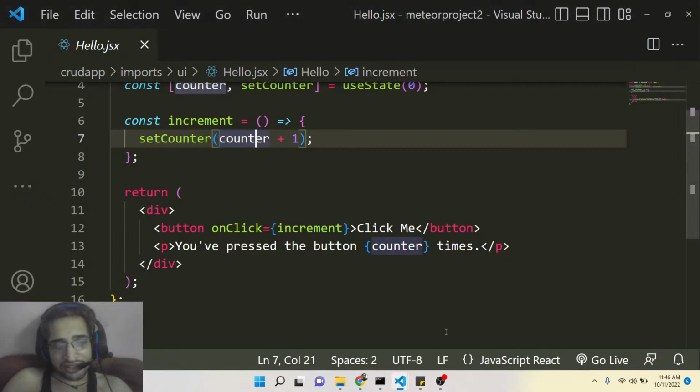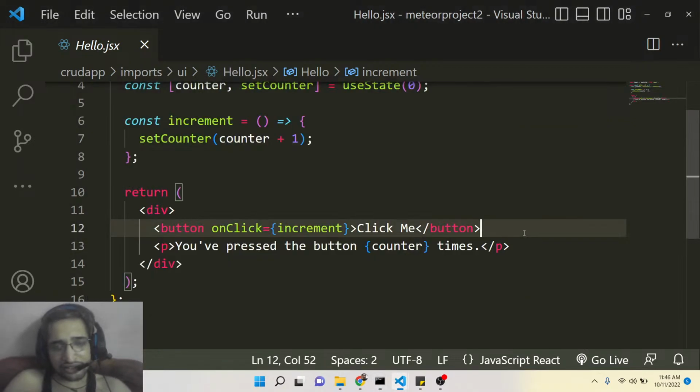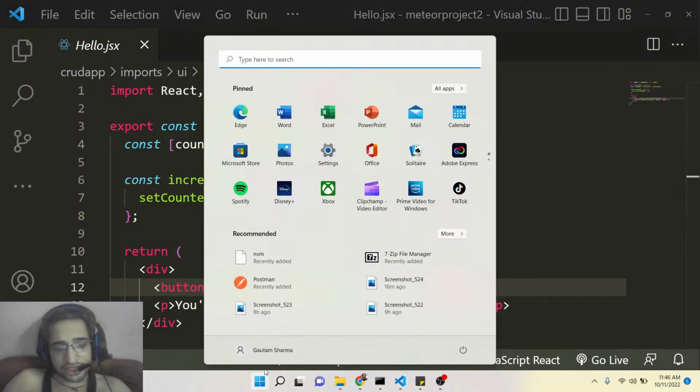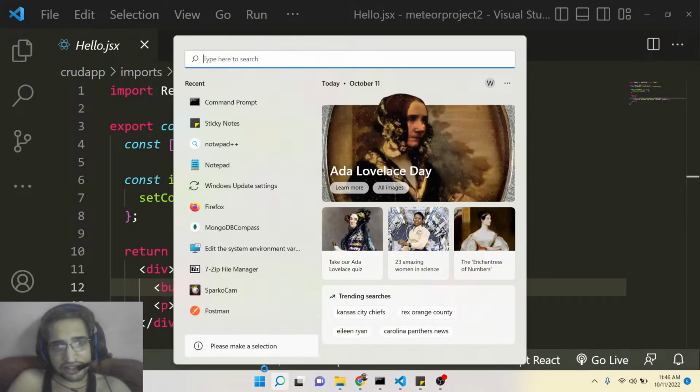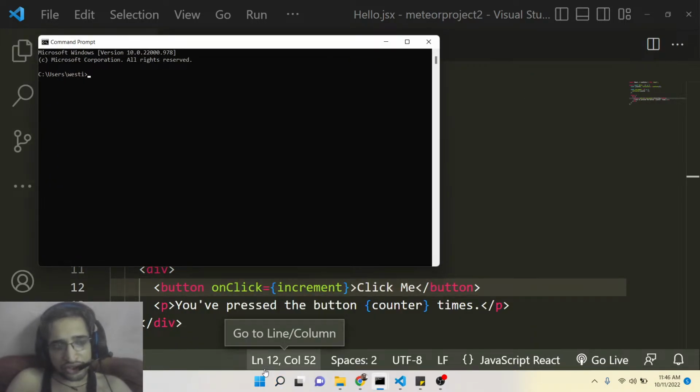And basically, guys, the nice thing about this, you can create any front end. Basically, by default, React is used inside Meteor. If you want to create your app using a different front end, let's suppose you don't want to use React, you want to use Vue.js, then if you type meteor create and then dash h, so this is for help